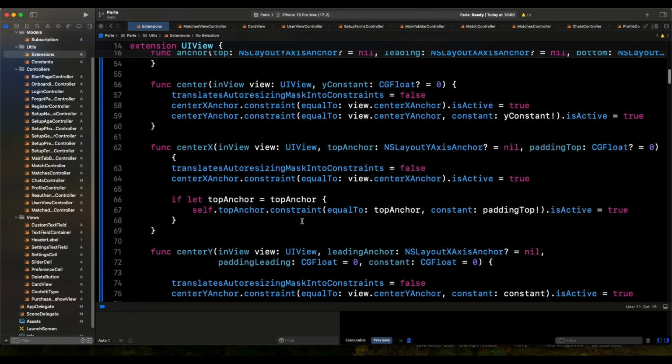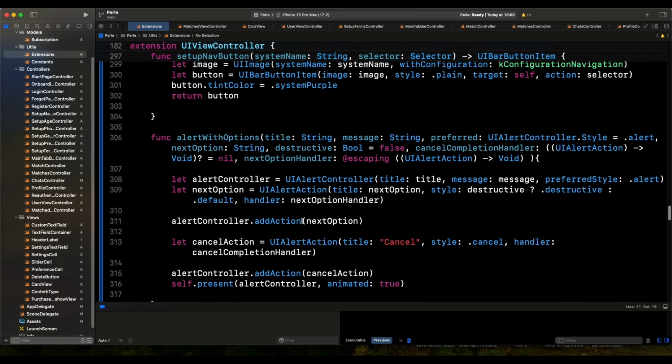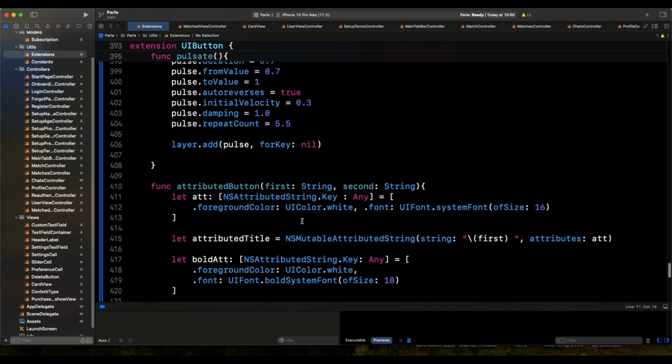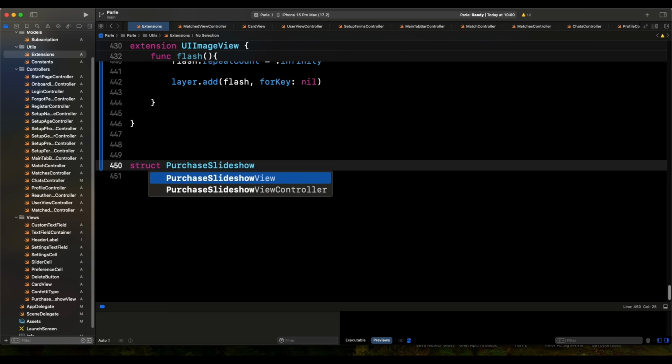So we have SwiftUI like so, and then we go all the way to the bottom, must be something like 400 lines by now, right? So we come all the way to the bottom, more than 400 and almost 50, right? So we come here and we say struct. You could put it on its own file and say that these are going to be the extensions for the SwiftUI views, right? So what we want is going to be PurchaseSlideShow, spell it correctly, slide show, like so,